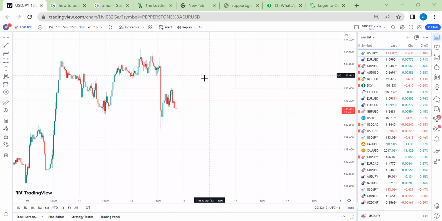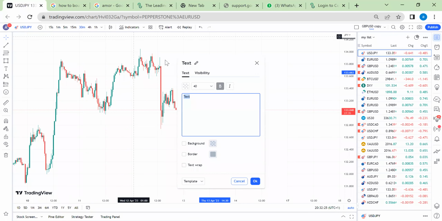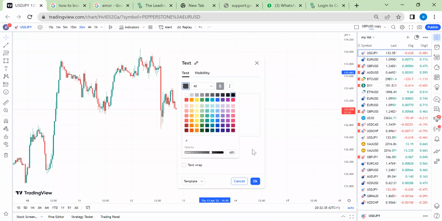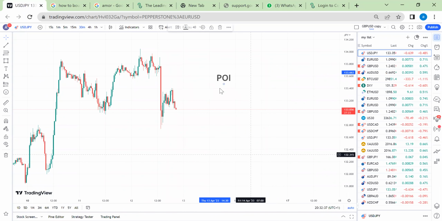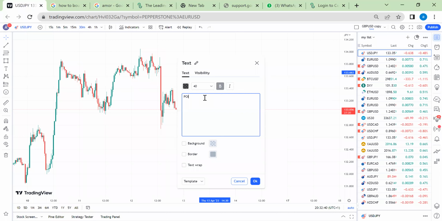And today we'll talk about POI. We'll talk about what POI is all about. POI, that will be our topic for today. The full form of POI is an abbreviation for point of interest. POI is simply